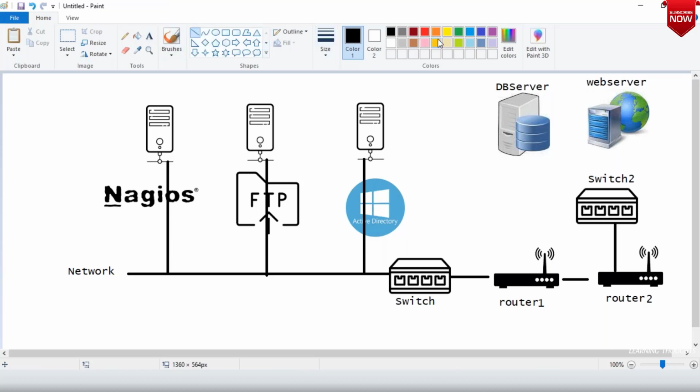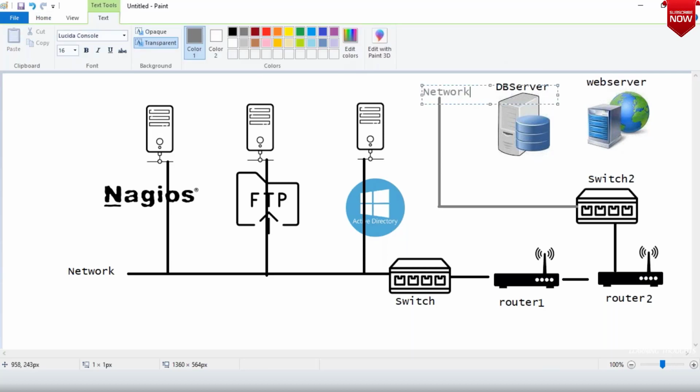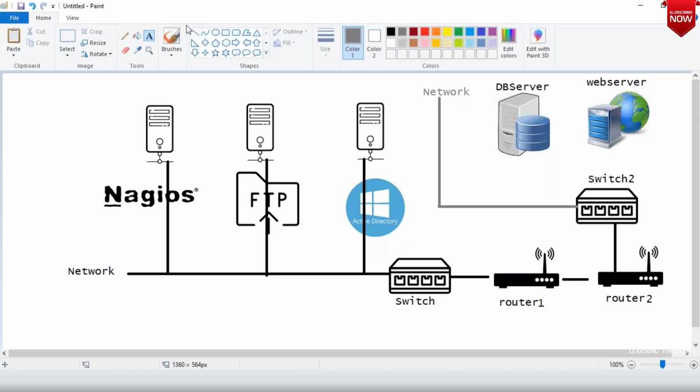Right. So to show different things, I'll be using a different color. This is your network 2. Okay, fine. This is your network, and your machines are connected to these networks.